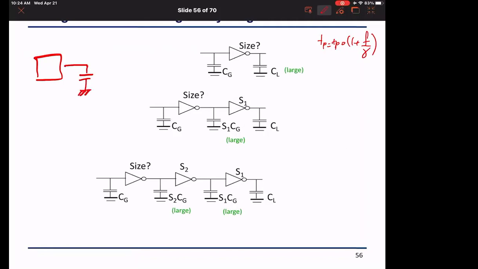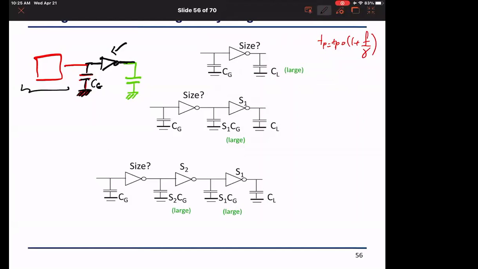And I have really a big long wire that has a large capacitance. And I want to plug in between those two a chain of inverters, maybe one inverter. This inverter has a CG. Okay, so this CG is small enough that I can accept it for my module, for example an ALU or a unit. Now we're going to see what should be the size of the chain of inverters,